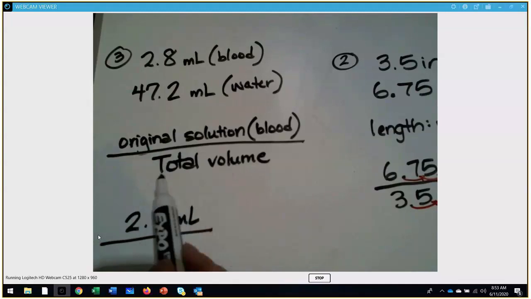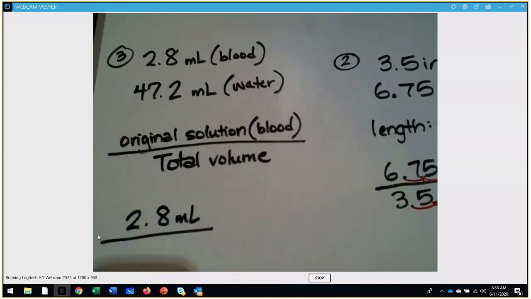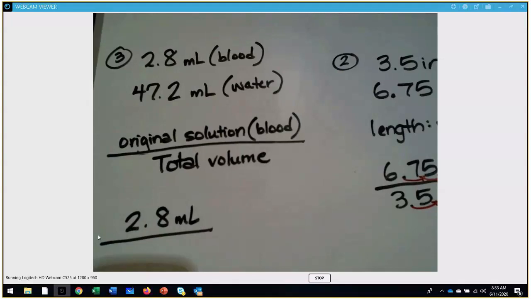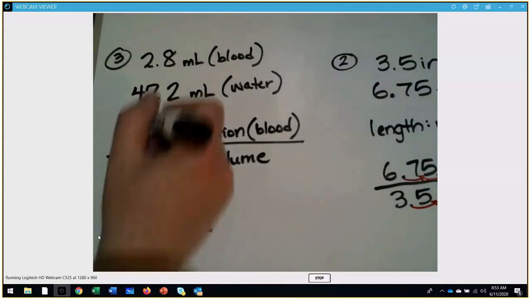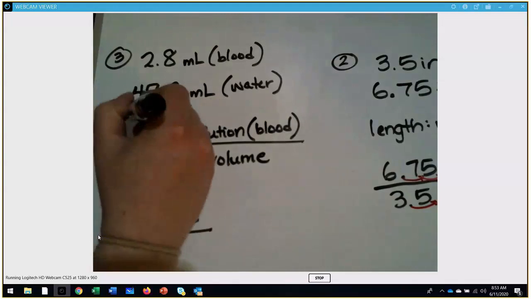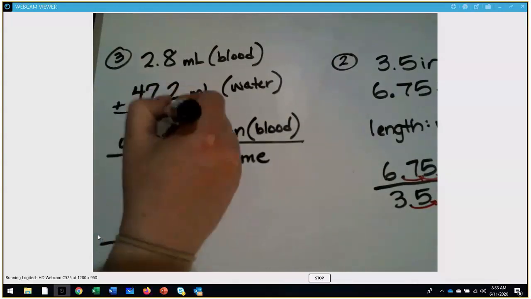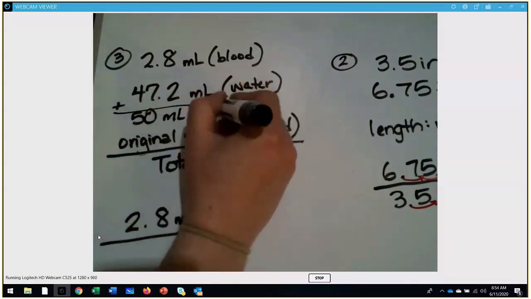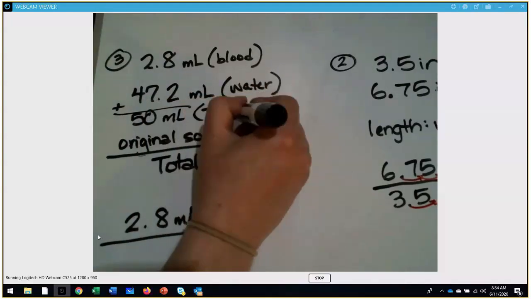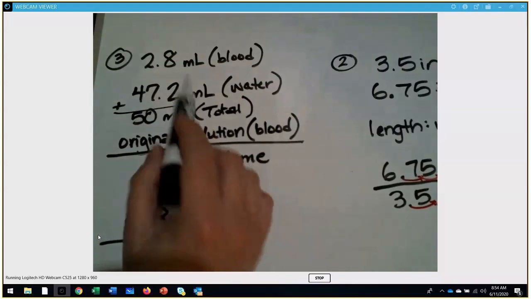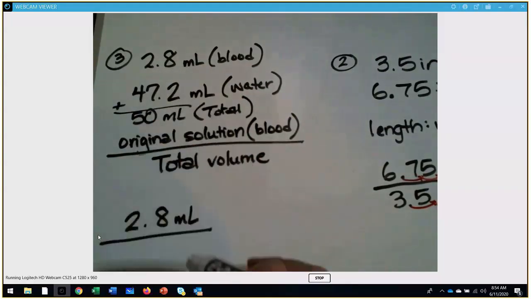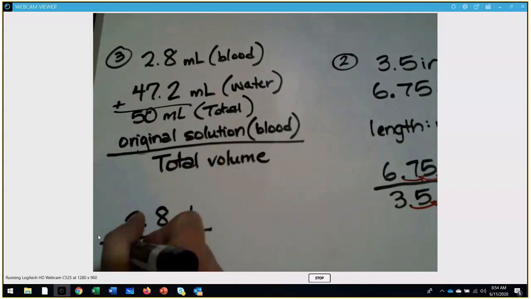How are we going to figure out the total volume? Add those other two together? Yeah, just add them up. 47.2 and 2.8 is 50. Total means add, so just add up the two things you're mixing together, and that'll tell you your total volume. So this is going to be 50